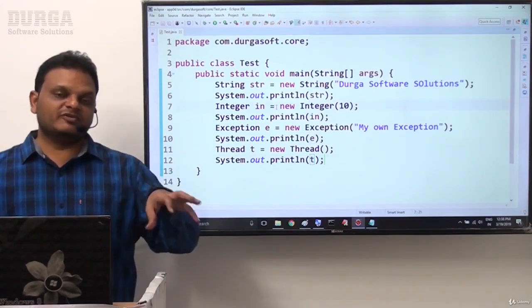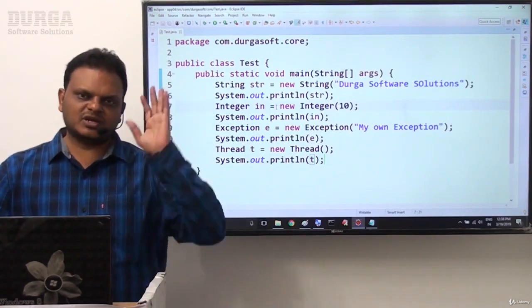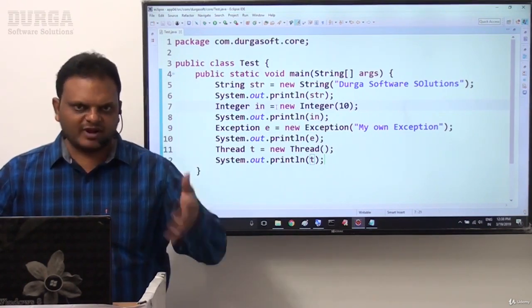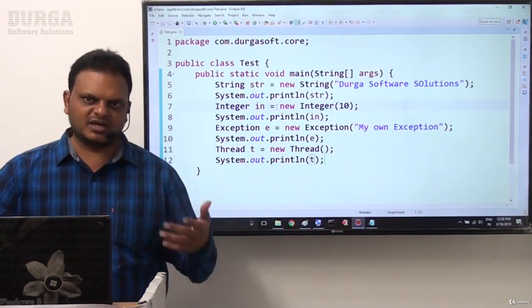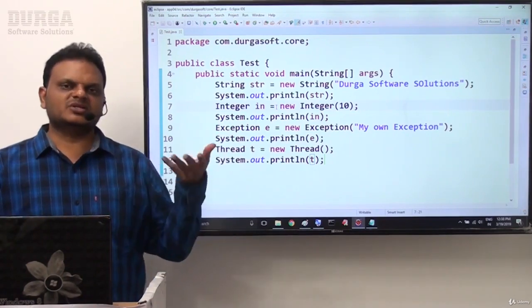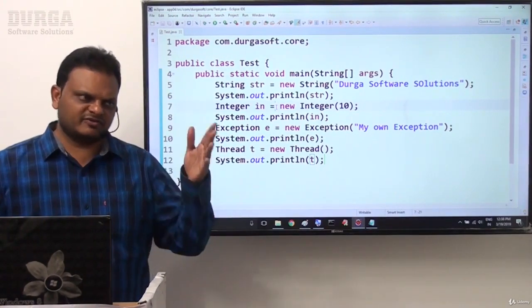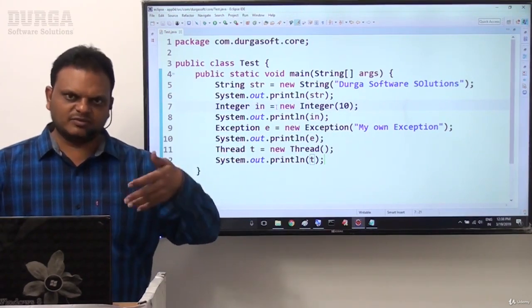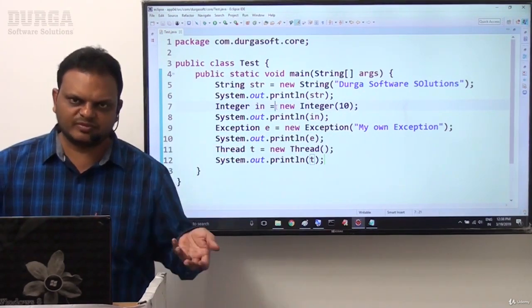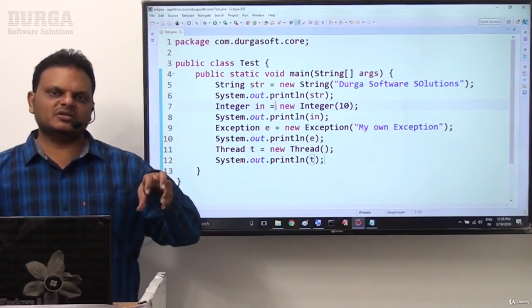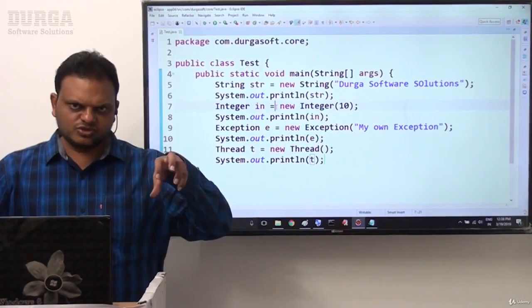So some of the predefined classes do not depend on the Object class toString method, and they have their own toString method. They have overridden the Object class toString method in their classes, and they return a string. That string contains their own data. So instead of using the Object class toString method, we are able to execute our class's toString method, and our class toString method provides our respective details directly. So this is exactly the internal view of the toString method.